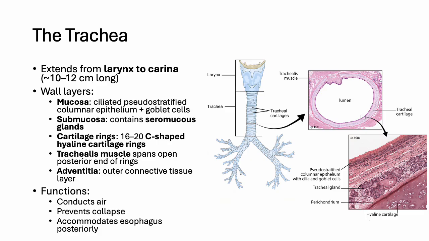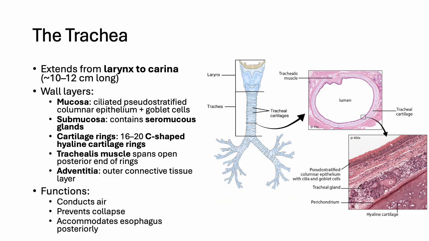The tracheal wall is composed of several layers. Mucosa, which is the innermost lining, features ciliated pseudostratified columnar epithelium with goblet cells. This epithelium helps trap debris in mucus and uses a mucus escalator to sweep it towards the pharynx for removal. The submucosa houses the seromucous glands, which contribute additional lubricating secretions to moisten and trap particles in the airway. Cartilage, which the trachea is supported by